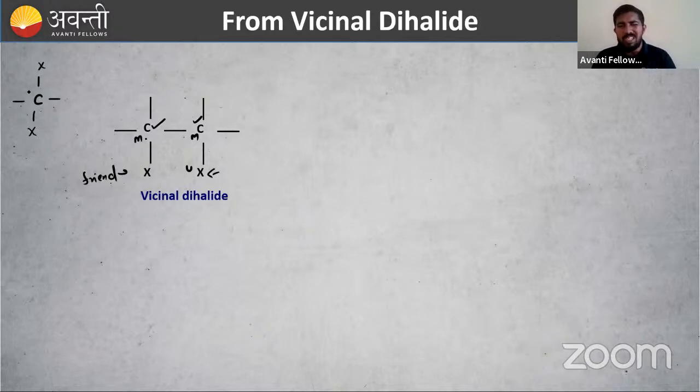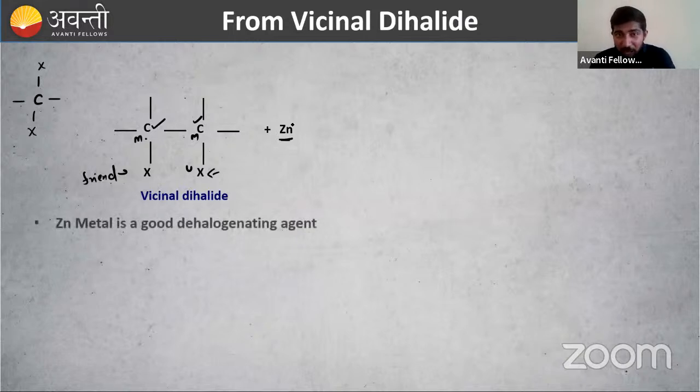Then it is you. You are creating so much problem, you and your friend. Then the mothers are saying, okay, there is a JNV test, so let them go to JNV. So zinc is the JNV. Zinc is coming and taking both of you to JNV. The mother is thinking that after going to JNV, you will be very good. I don't know about that. Then what is happening here? We are removing two friends from the house, neighbors.